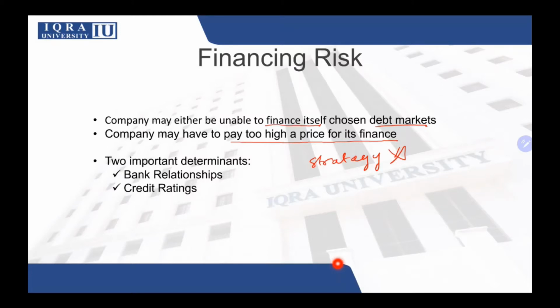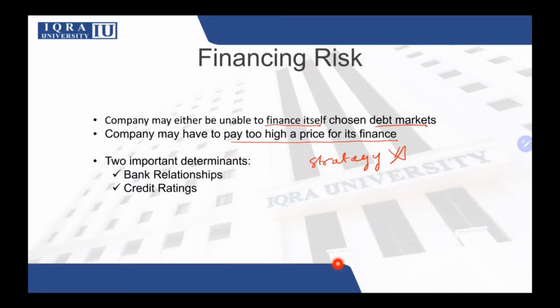Similarly, the credit ratings are also very important because they have an impact on the cost of debt. A lower rating by a credit rating agency would mean that a higher return would be offered to the investor, so that would increase the cost for the business. If they get a good rating, then that would mean that the investment is safe, and they can offer a lower return to the investor, which would greatly reduce the cost for the business.